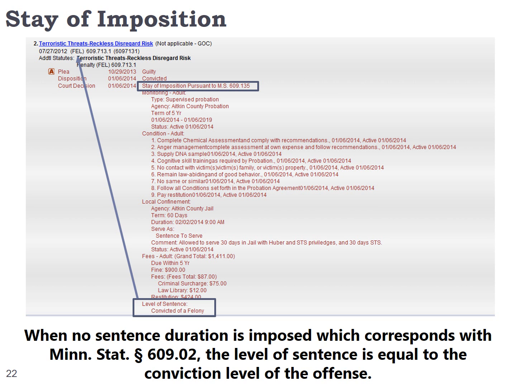Here we see a stay of imposition sentence for a threats of violence offense. You can see that the level of sentence indicator on the Mensa screen is a felony and will remain a felony until it is successfully completed in January of 2019. Assuming there is no revocation of this sentence, the offense will become a misdemeanor upon discharge, and the records will